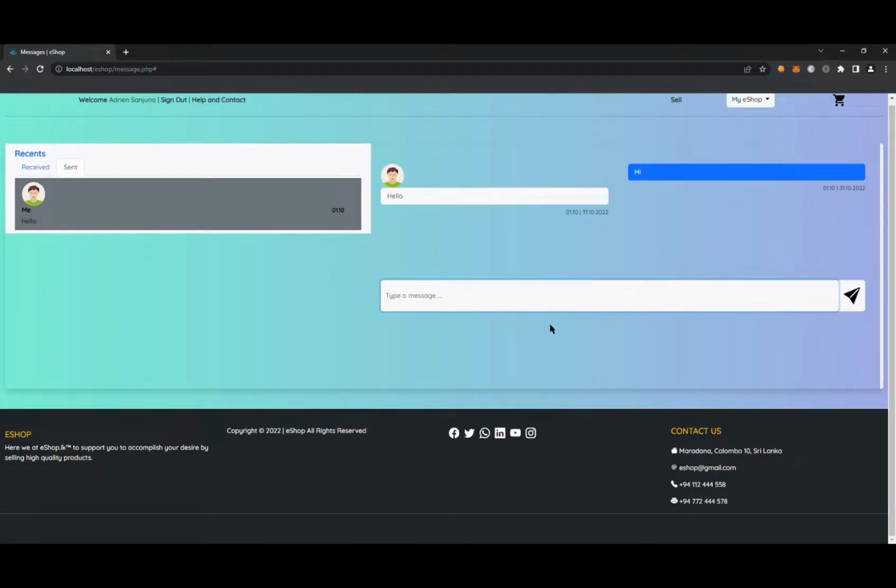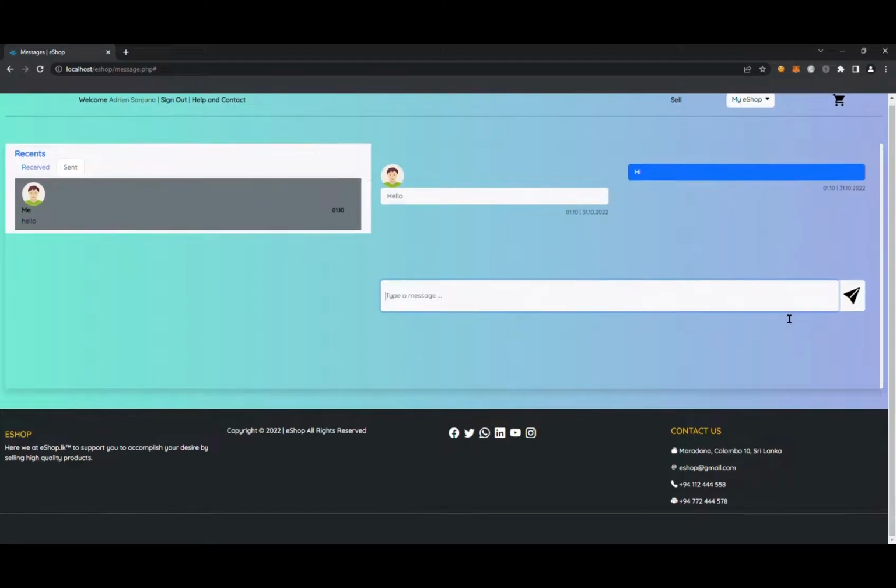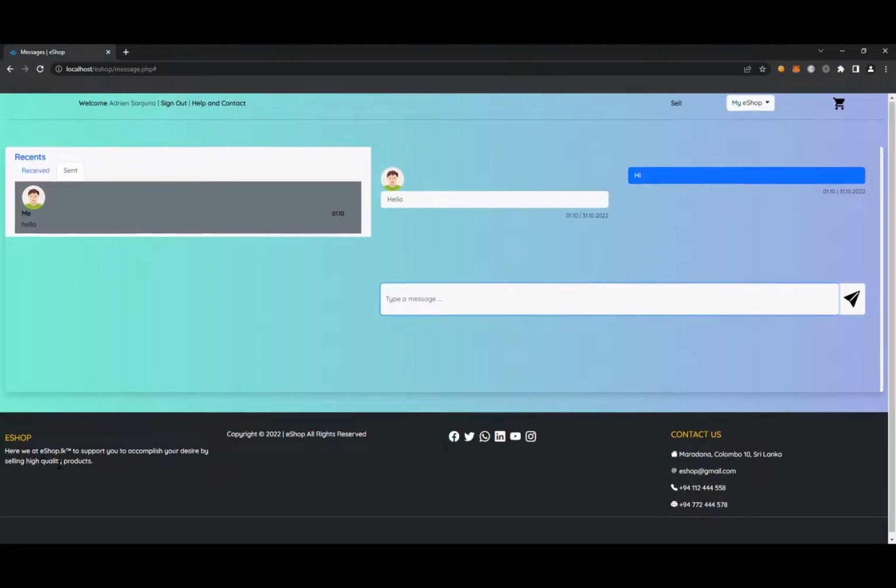So in today's video we are going to be discussing how to design a responsive message page using HTML, CSS, Bootstrap and JavaScript. As you can see, this is our usual header and our usual footer, and for this program, up to our header, we have added a background gradient, so we can see the color varying from this value to this color. So it's a linear gradient, and here we have a media box for reasons,